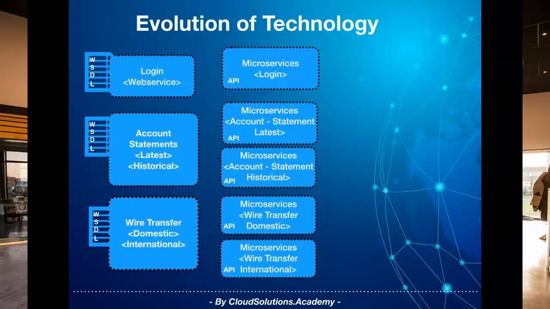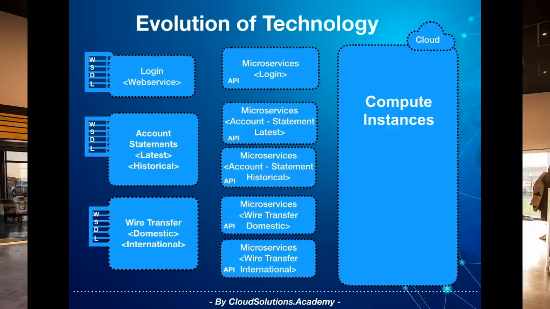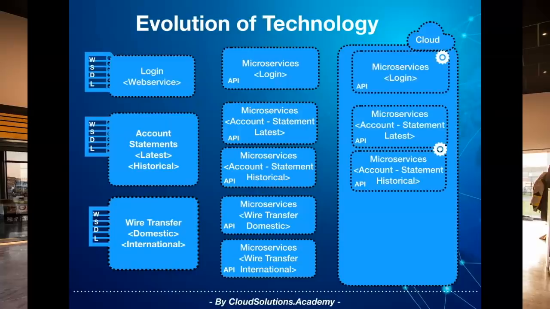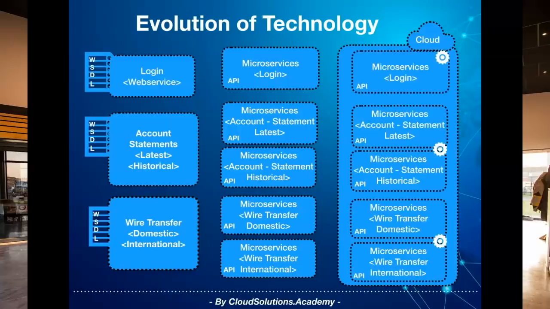At the same time, we had cloud gaining momentum, primarily the compute instances and managed services, which allowed you to spin up instances and scale based on runtime workloads.